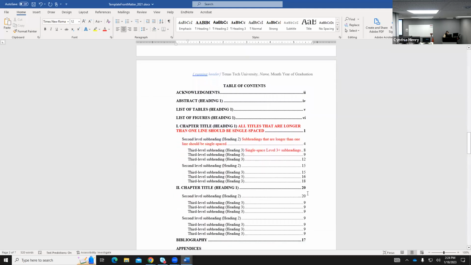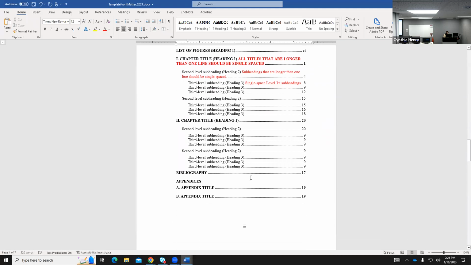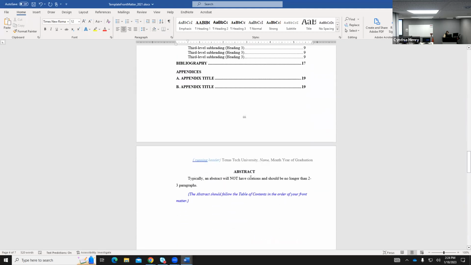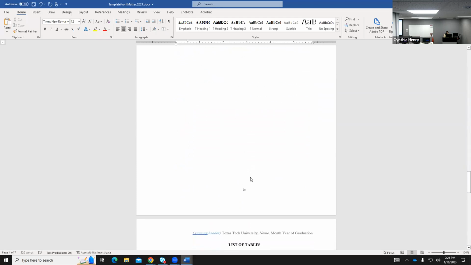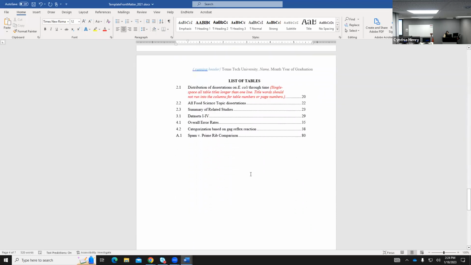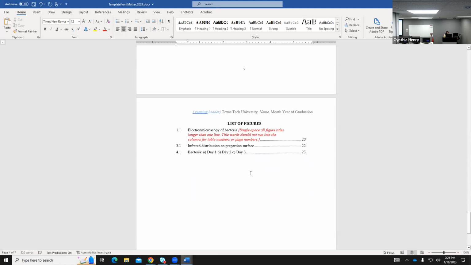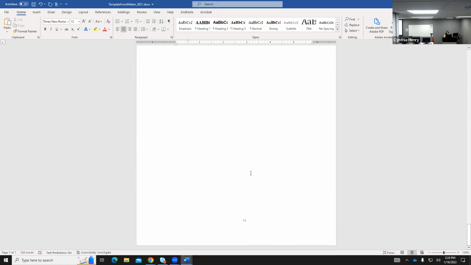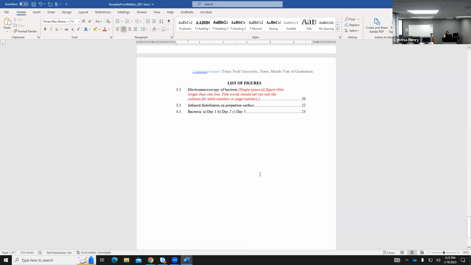There's a table of contents. Clearly, the table of contents changes to Arabic numbers, regular numbers, when we get to the chapter. So that's going to be in the main text. So let's go ahead and keep scrolling down here. There's our abstract, our list of tables if you have some, our list of figures if you have some. Just because that's there doesn't mean you have to have that, but if you happen to have those, you can use that as a template for it. So then here we can see,